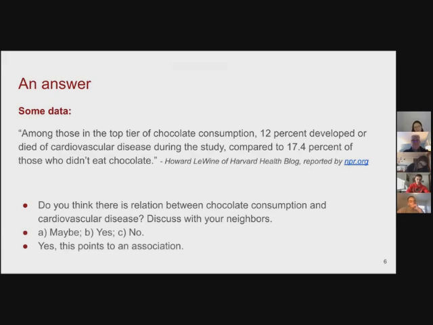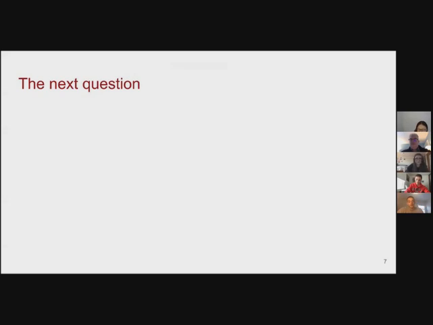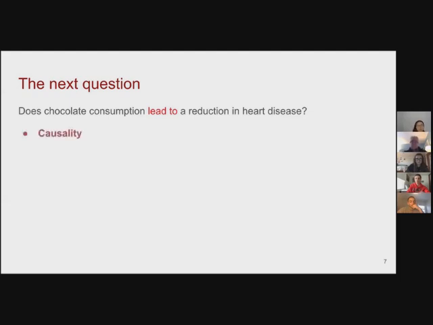don't really know the causation direction, whether it's the consumption of chocolate leading to heart disease or vice versa, right? Even though maybe intuitively we think it's about consumption causing a lower heart disease rate, but who knows? So the data itself doesn't tell us, and the study itself doesn't tell us. So now we know that we think there is association there. Then the next question is, does chocolate consumption lead to a reduction in heart disease? Like I was saying, unless we are given more information, it's really hard to tell given what we know so far, okay?